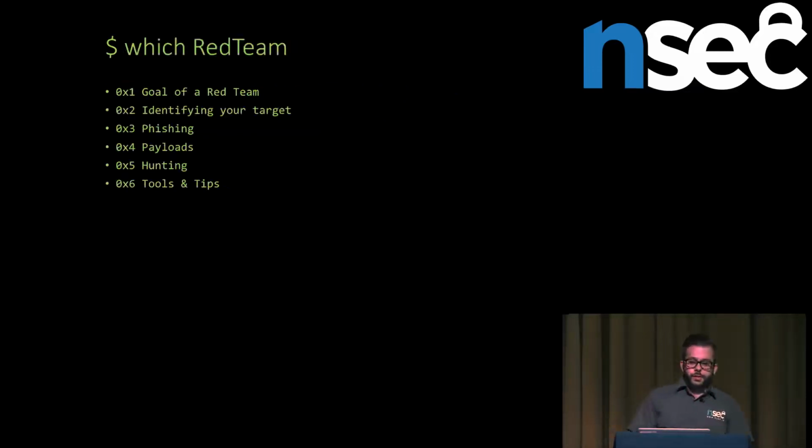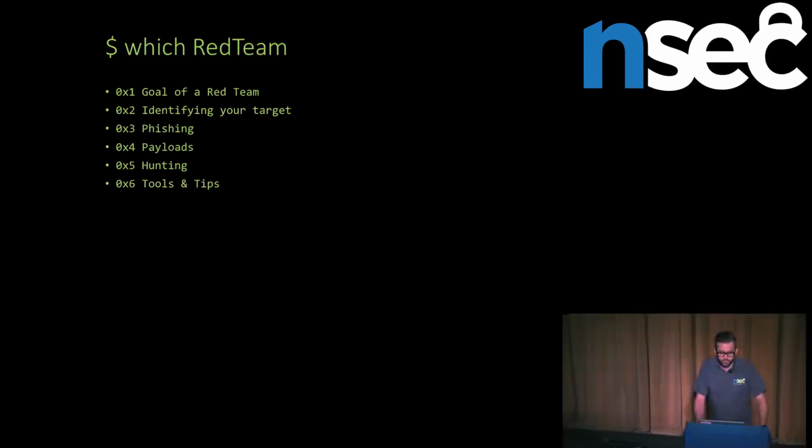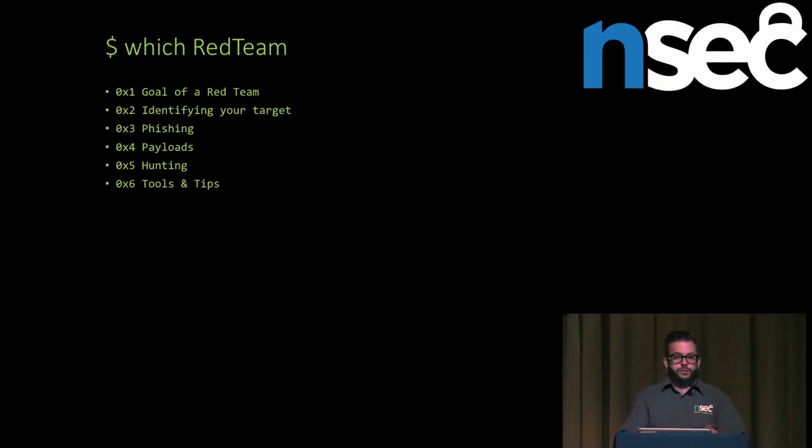What we're going to talk about today: the goal of a red team, because there's a lot of misconception about red team. Again, this is my personal opinion, so I could be wrong, you could be right. It's a question of point of view. Identifying your target. When you're targeting a company, what we should do, and a couple of tricks to find interesting value that can really help you when doing a red team. Phishing, so a couple of pieces of advice that I personally use when I perform phishing. Which kind of payload you should use in certain specific situations. And hunting. This is again not a complete talk about red team because we don't have 12 hours to talk about it. But I'll give you some of the tips that I personally use when I perform red team, and a couple of tools and tips at the end regarding red teaming.